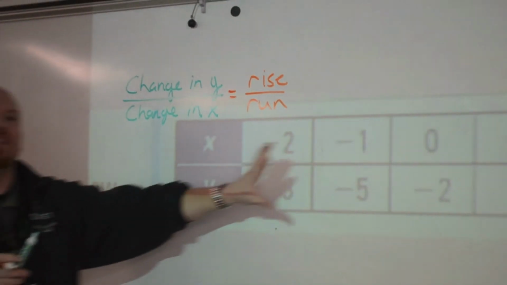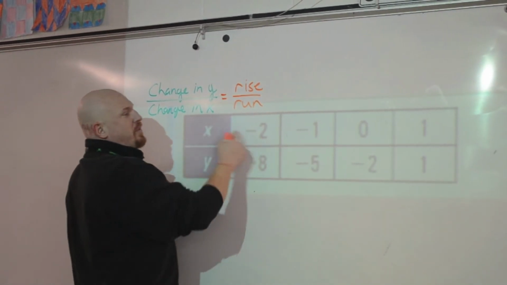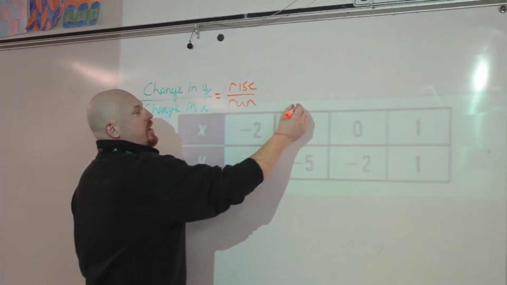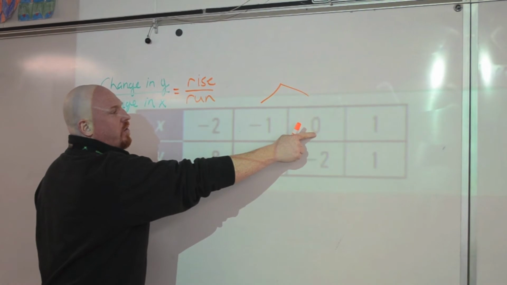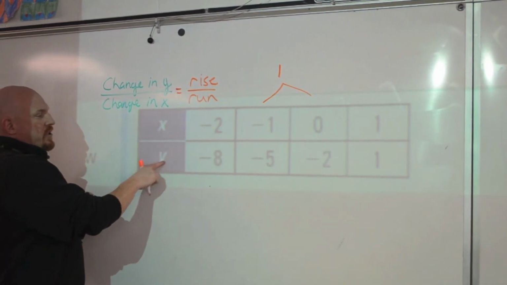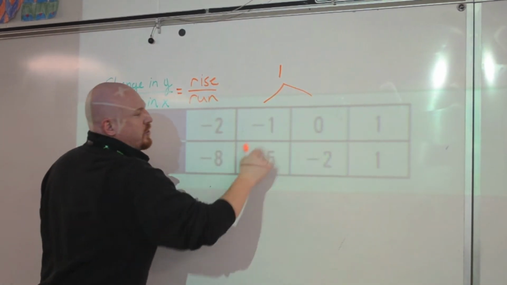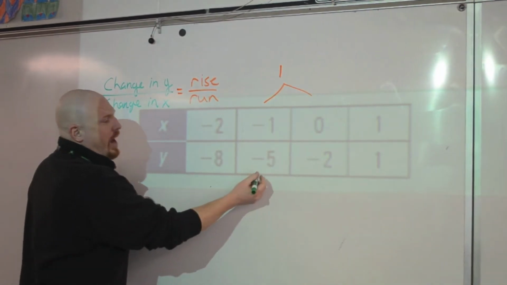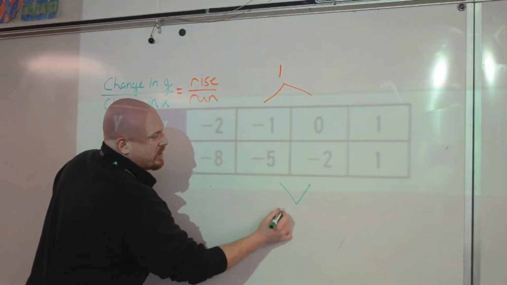We can do the same thing looking at this table here. So I look at what my x changed by, and I can choose any one of these. From here to here, when it went from -1 to 0, that was a change of 1. And here, for the change in y, I need to use the same 2 points, so these 2 points right here. y changed from -5 to -2, an increase